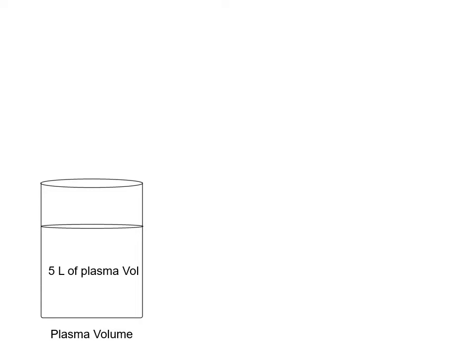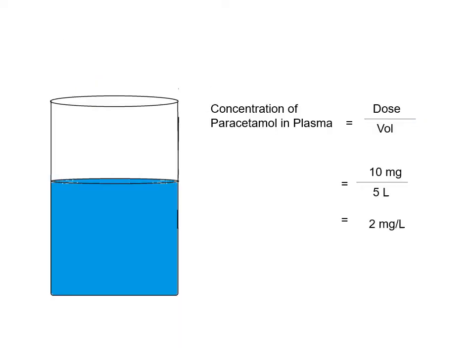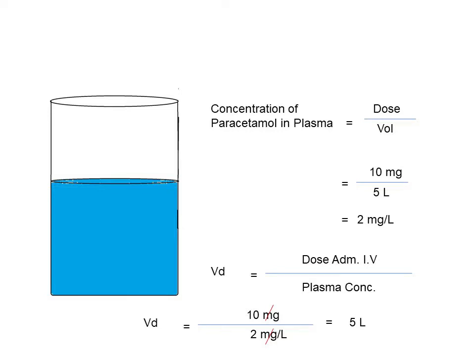A patient has 5 liters of total plasma or blood volume. In this case, if we administer 10 mg of paracetamol, the concentration becomes 2 mg. Now, as per the definition of volume of distribution, it is the ratio between dose and plasma concentration. In this case, it will be 10 divided by 2, which is 5 liters. This means our 10 mg of drug is dissolved in 5 liters of total body fluid, which correlates to the